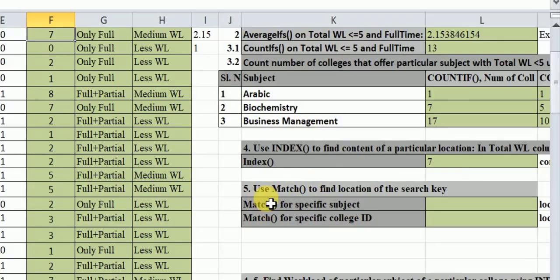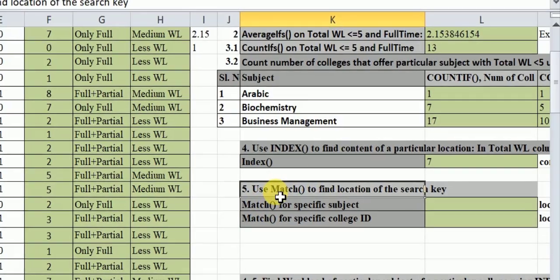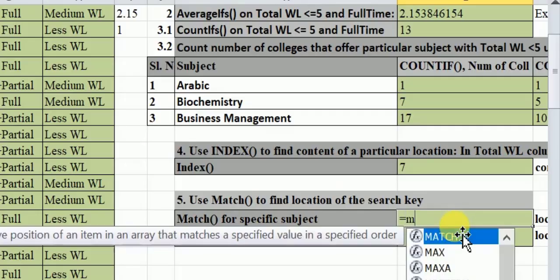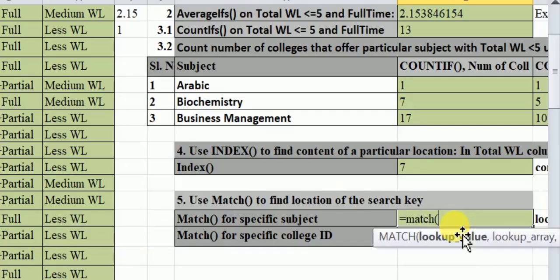Next, we will see how to implement the match function. To implement the match function, we need to have the search key. Here we are going to consider our search key is the specific subject. So we need to find the location of a particular subject. Fine. Okay, we will try to implement the formula. Here I am typing the search key directly, Arabic,